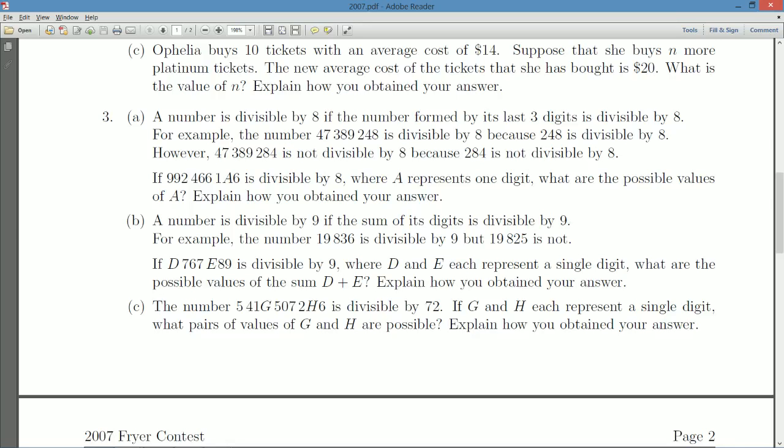But 19,825 is not, because 1 plus 9 plus 8, that's 18, plus 2, that's 20, plus 5, that's 25. 25 is not divisible by 9. Okay. So, if